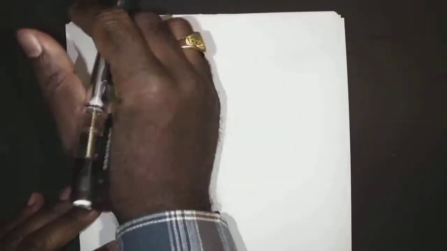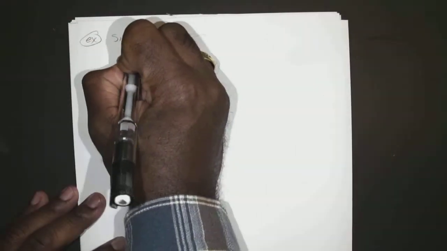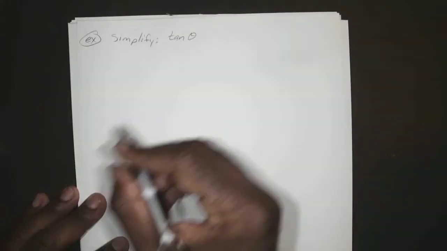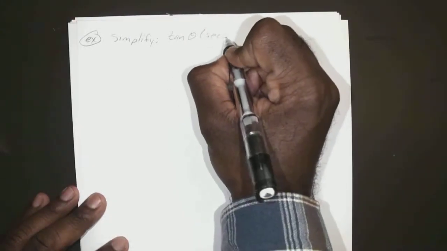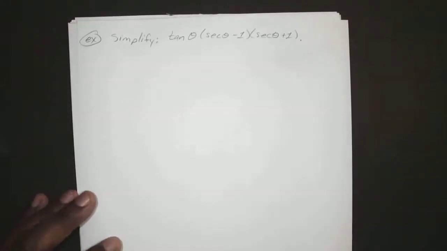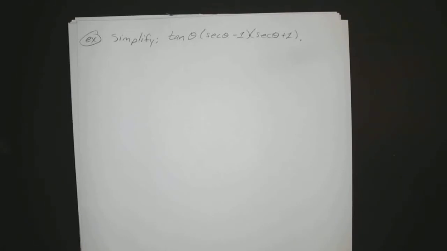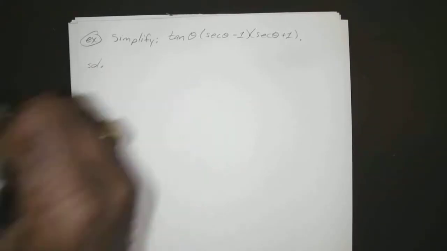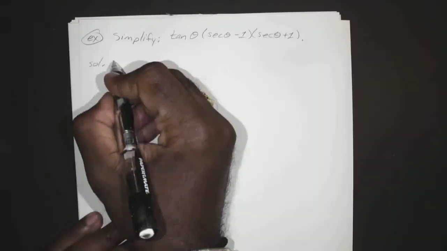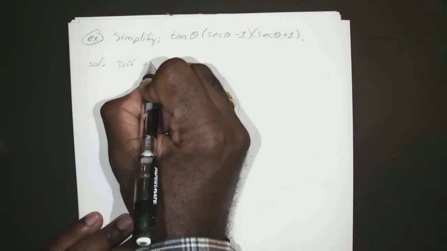All right, so let's say for our next example, we want to simplify tangent of theta times secant theta minus 1 times secant of theta plus 1. So this one's somewhat similar to the previous one. Is that our difference of squares,